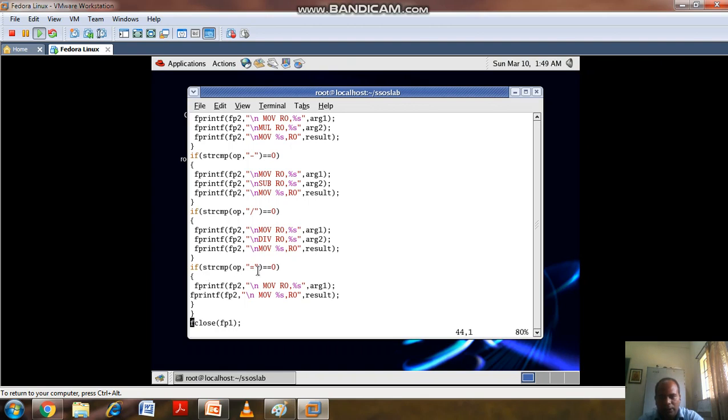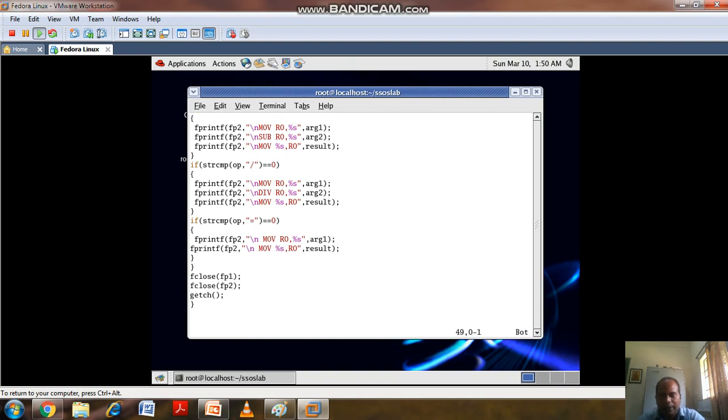If the operator is equal to, then the value of argument 1 will be loaded to R0, and the content of R0 will be stored in result. Like that the program will be executed according to the triple code. And here we close file f1 and file f2, then getch.